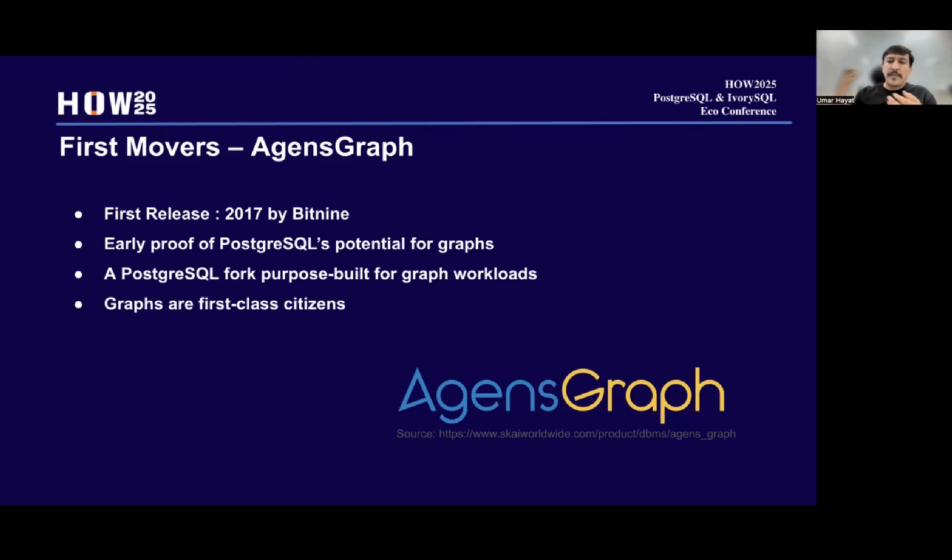They were already doing R&D on how to store the graph data and do all the operations which a graph application needs inside a relational database. So this was an early proof of how to store the graph inside PostgreSQL, and it should behave like a graph database.